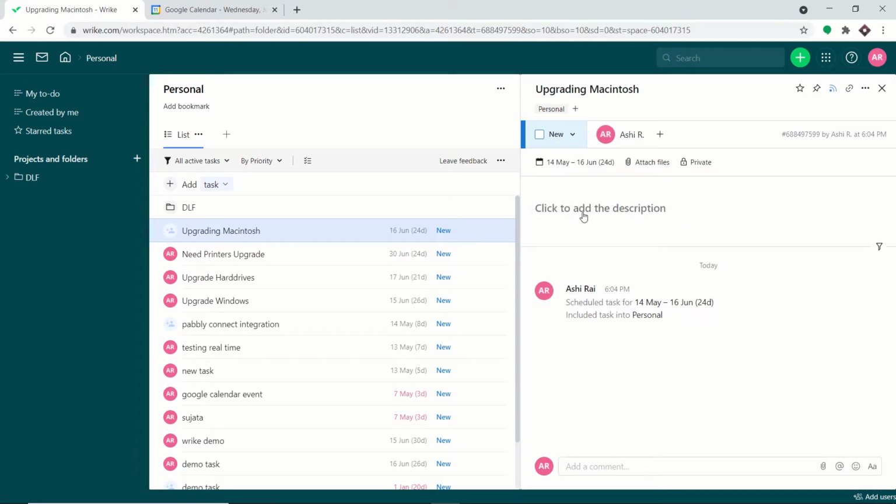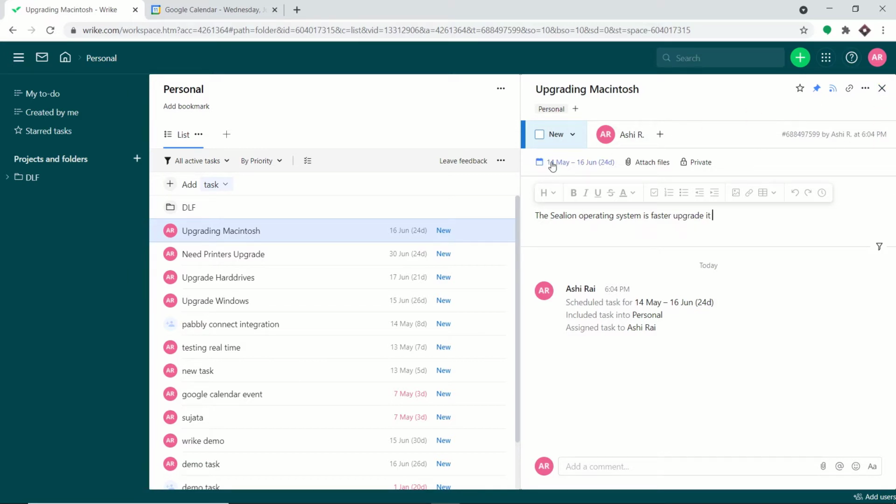Okay, we have added an assignee and in the description, I'm going to mention the Sea Lion operating system is faster. Upgrade it. Okay, this is the description that we have set.